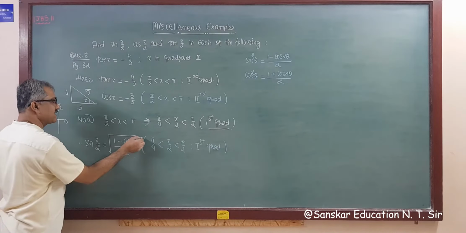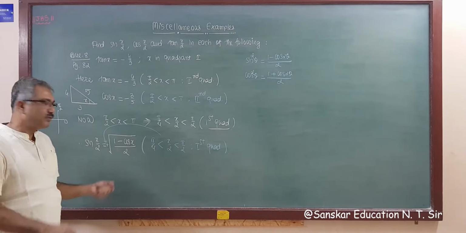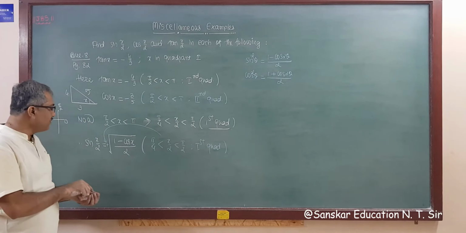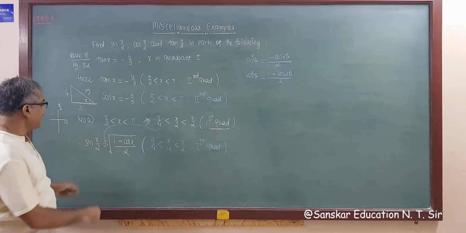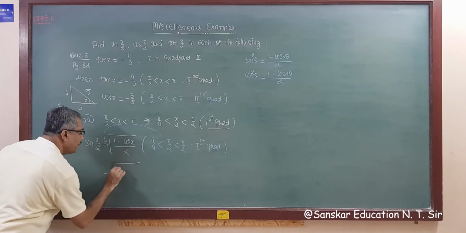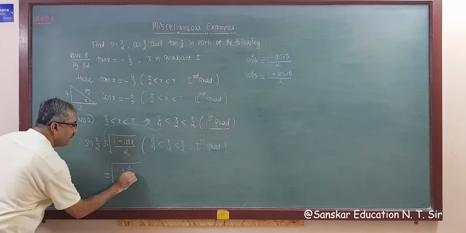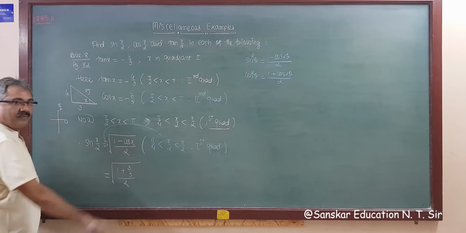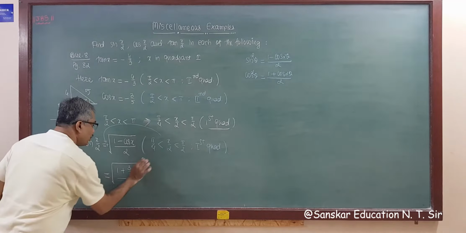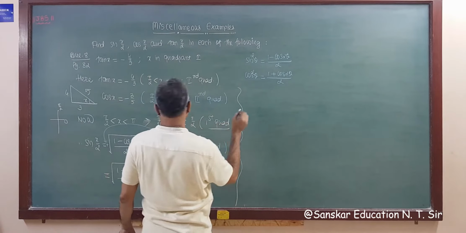Due to this I am taking this positive. No need to write this positive sign, but I am showing you. Got it? So now simplify, cos x. Cos x is minus 3 by 5. So this is equal to square root of 1 minus, and this is minus, so 1 plus 3 by 5, divided by 2. Taking LCM, 5 plus 3, 8 by 10. I am writing the LCM here because we need this space also.